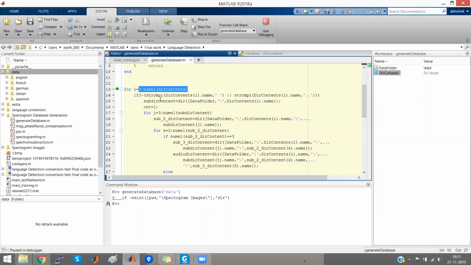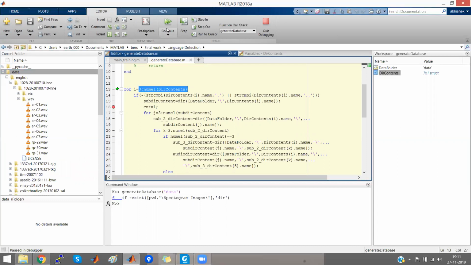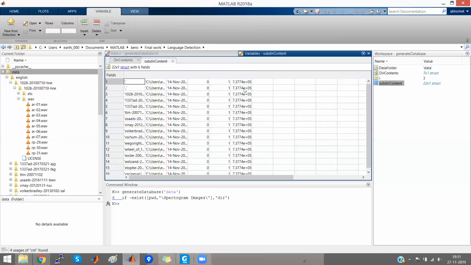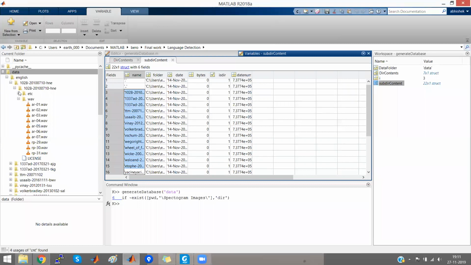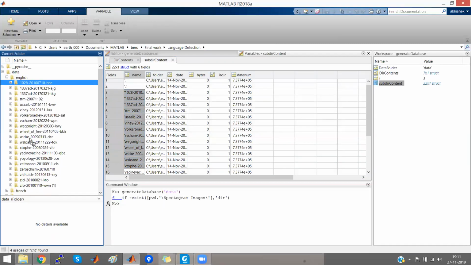What is inside the English directory will come into this variable. You can check. We have 22 further subfolders inside the directory English. These are the names of the folders. You can see these are 22 files.